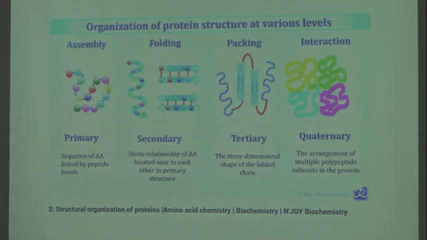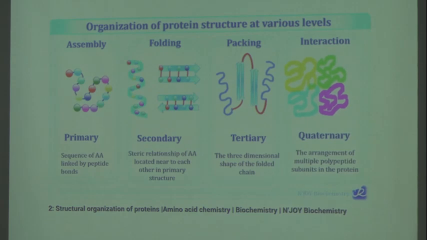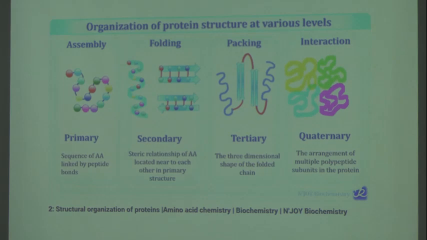Most common are the alpha helical structure and the beta pleated sheet, and along with these, turns, bends and loops are there. Now, the alpha helical structure is the most common form of secondary structure. It is the polypeptide chain